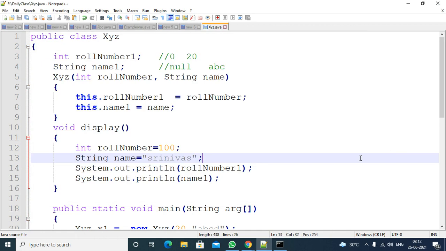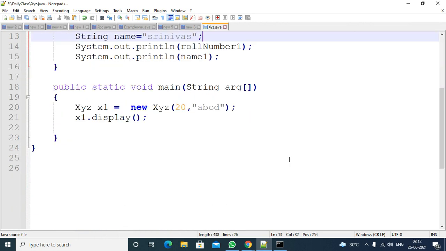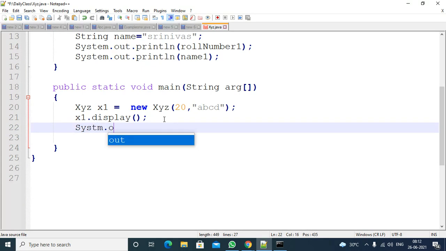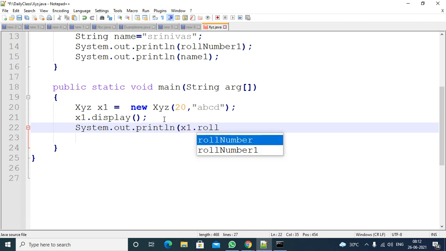Calling instance variables using the this keyword. Actually, if you want to call, you can also apply the reference name. If you want to print here, you can directly print by using the reference name: out.println x1 dot roll number 1.